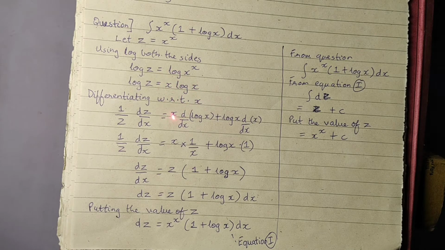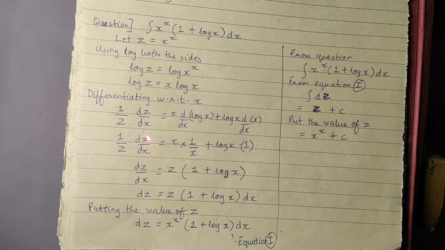So this would be u into derivative of v plus v into derivative of u. So here x is u, and v is log x. So derivative of log x plus log x into derivative of u, which is x. So here 1 divided by